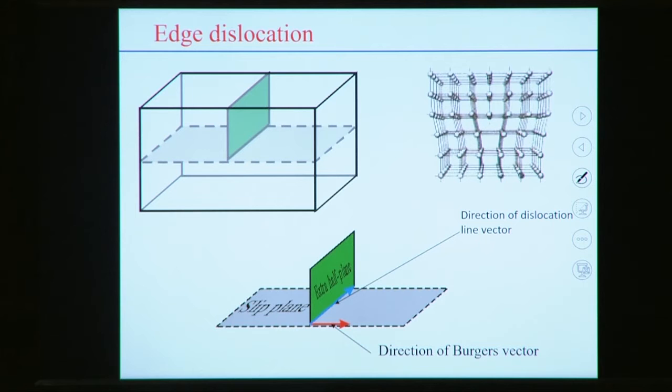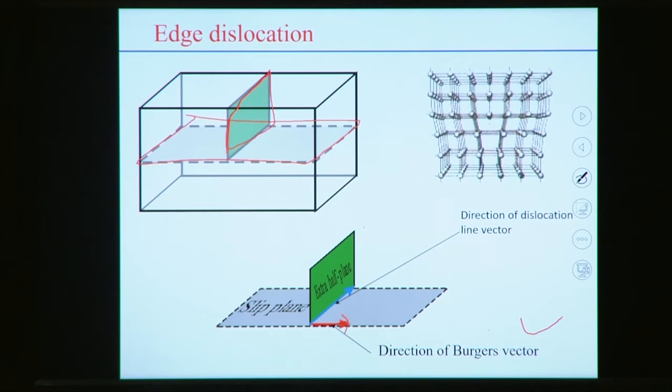Now it will be better understood how we represent the edge dislocation. This is the extra plane of atoms defined in this figure, and the extra plane of atoms exists from the upper side. In case of edge dislocation, this plane is considered as the slip plane, because slip will happen along this plane. Due to the presence of the extra half plane, this is the direction of